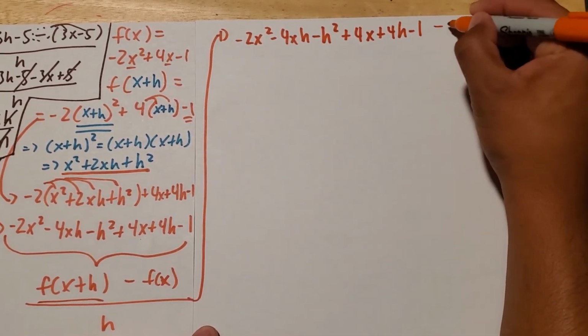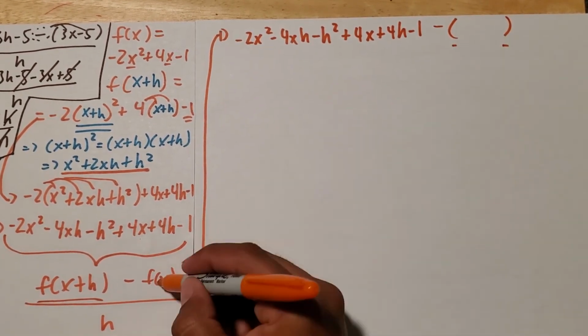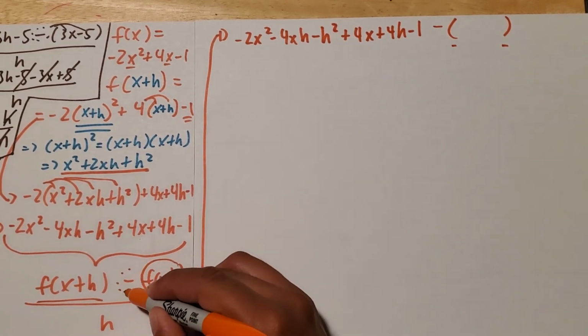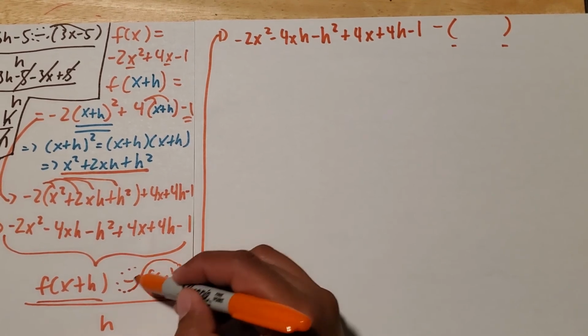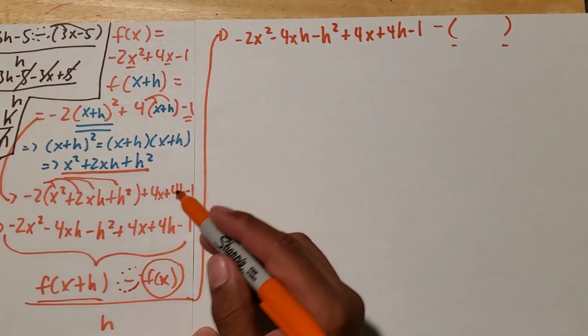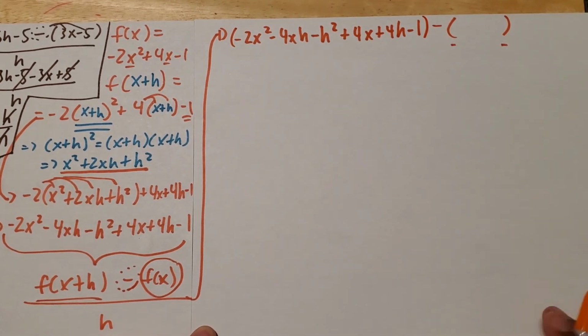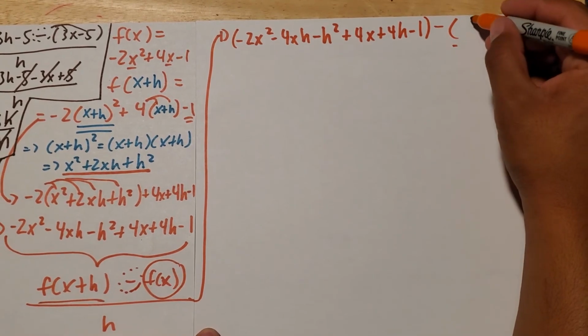I then need to subtract, so again, I'm doing the parentheses because I need to plug in f of x. And it's really important because if there's more than one term for that f of x, you're always going to have to distribute that negative. Again, if you want, you can even put the f of x plus h in parentheses. So that's going to leave me with